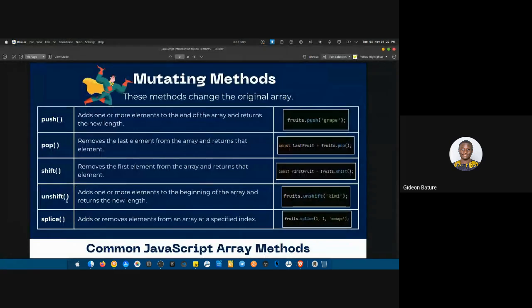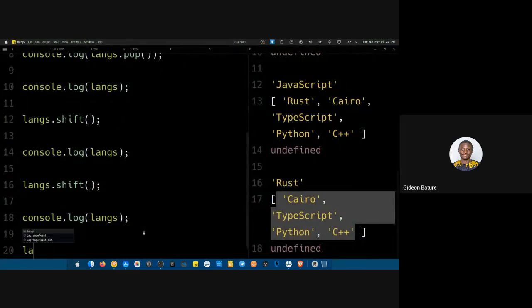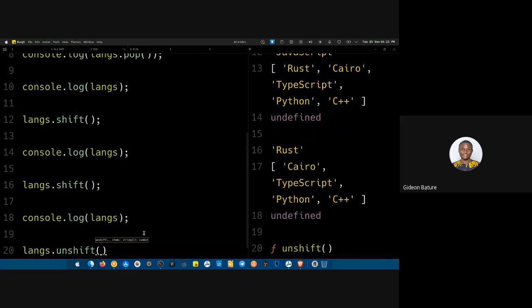Now unshift adds one or more elements to the beginning. So unshift is doing what push is doing, but the other way around. What push is adding at the back, unshift is actually adding at the beginning. All right. So if we come now, we say langs.unshift, and then we want to add C++ and then Fortran